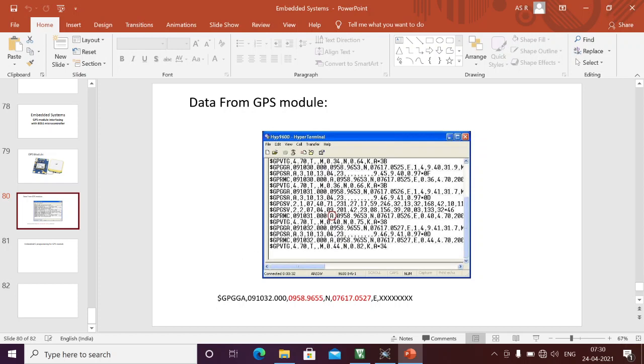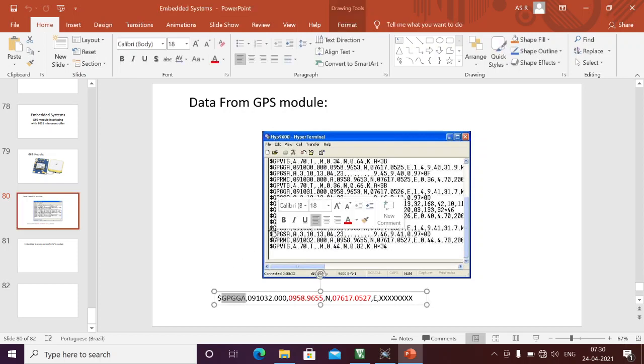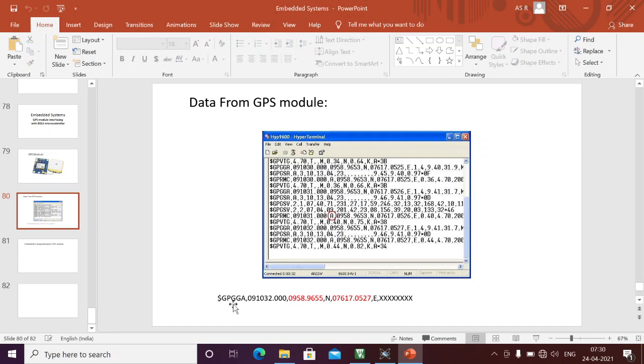Here I have written only that particular row, and I am going to write the program. I am going to pick up only the red marked data from this GPS, and display it on the LCD. We are going to write that now, and I am going to write some programming here, and this dollar is the starting point.